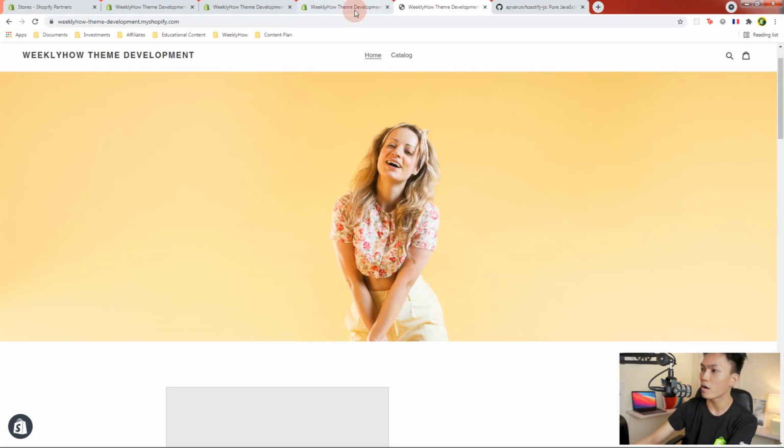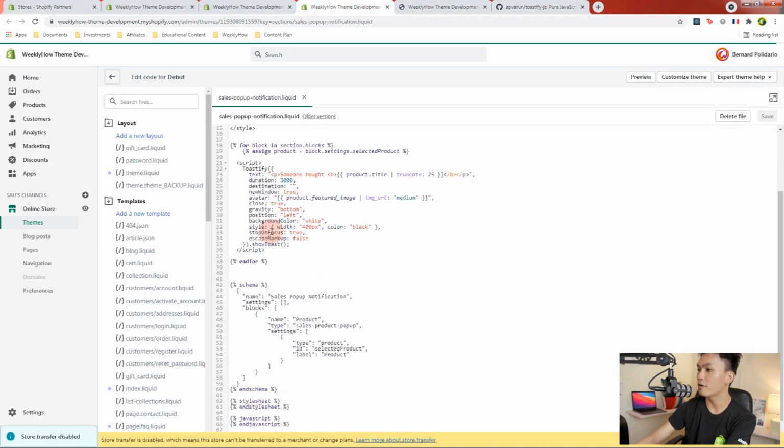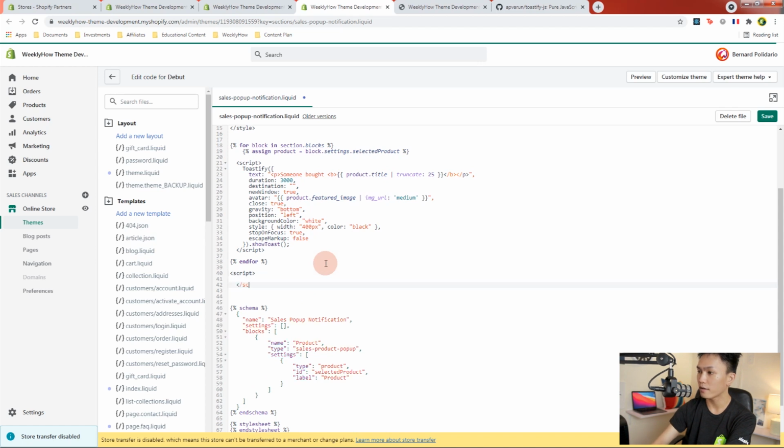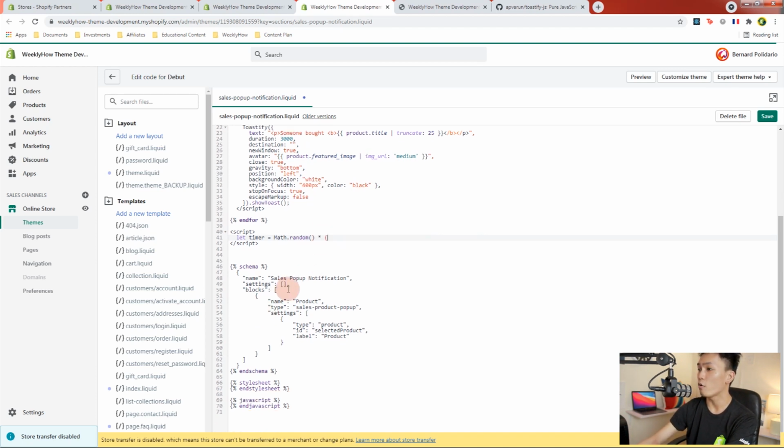Let's go back to the theme code editor, and then underneath the for loop, we're going to create another script tag. So script, make sure you close the script tag. And then inside of it, we're going to create a variable and call it timer. And then for its value, we're going to use the random function. So random, and then we're going to multiply this by maximum and then minimum. So you can either create a setting for that, or let's create a setting. So here in the settings,